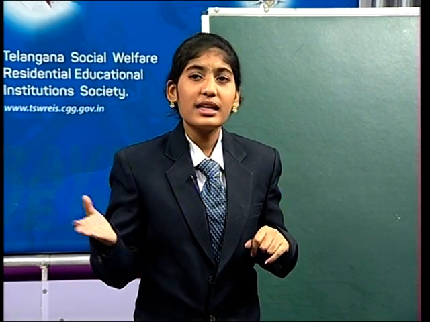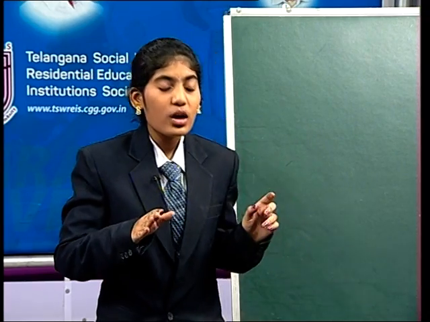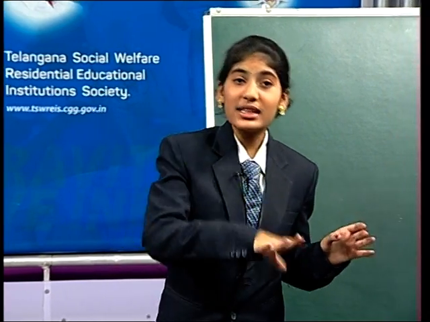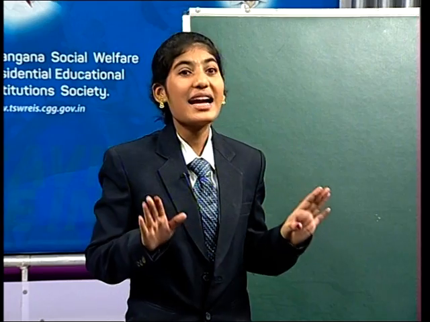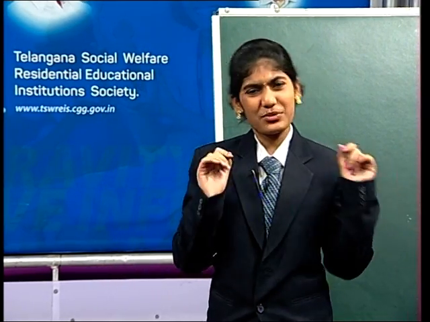Coming to the camel, it also created suitable conditions around it, like it stores food in its stomach and it stores fat in its hump region, and it has long eyelashes. So like that it created suitable conditions around itself. That means it is adapting to those conditions. That is nothing but adaptation. Organisms in nature will create suitable conditions around them on the basis of their needs. So that is nothing but adaptation.